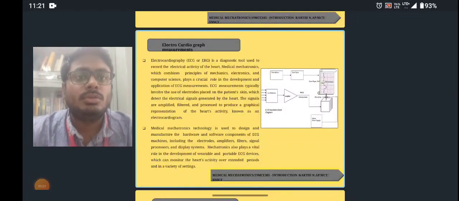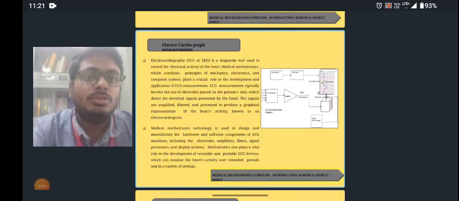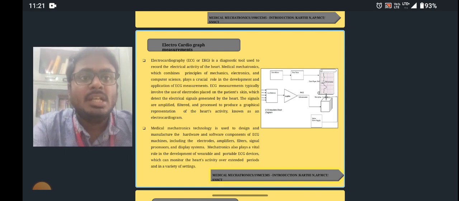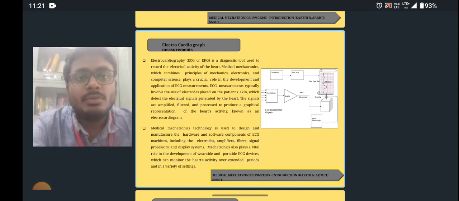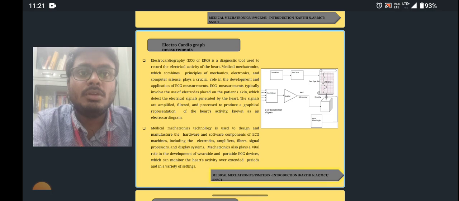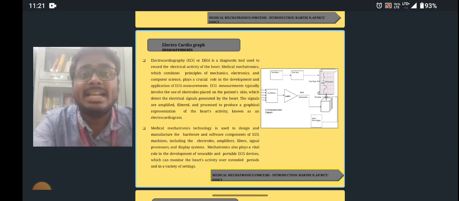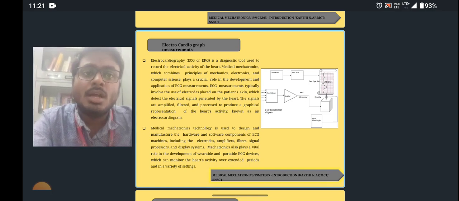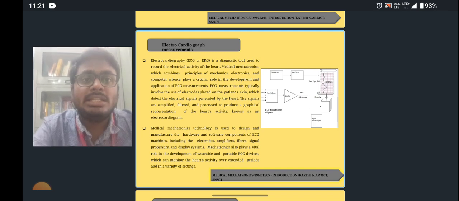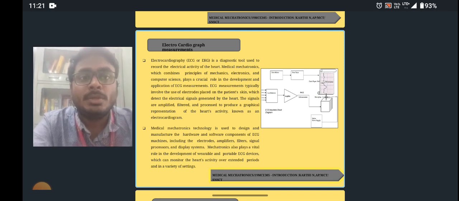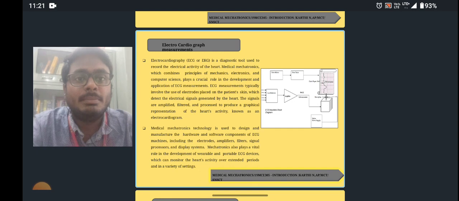Today we are going to discuss the topic of electrocardiograph measurements. We can see it in the first unit itself. What is an electrocardiogram? An electrocardiogram is nothing but the study of the pulse activity and the current pulse activity of the heart muscles. But in this we are going to discuss how it will be measured by using an